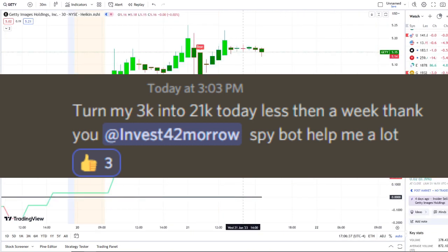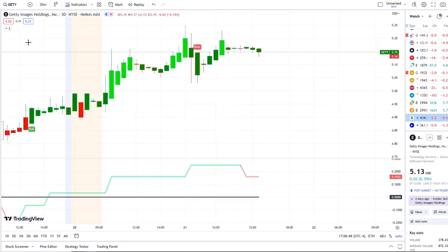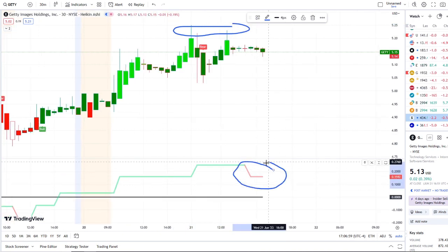So here we are with GETY stock under a bear indicator in the first half of the day at around the 514 area. After trying to bring itself back up, it rejected right around the highs from yesterday up here at around the 520 area, right? But the inflows are still above the midpoint here on the 30-minute, and outflows have slightly began but have not